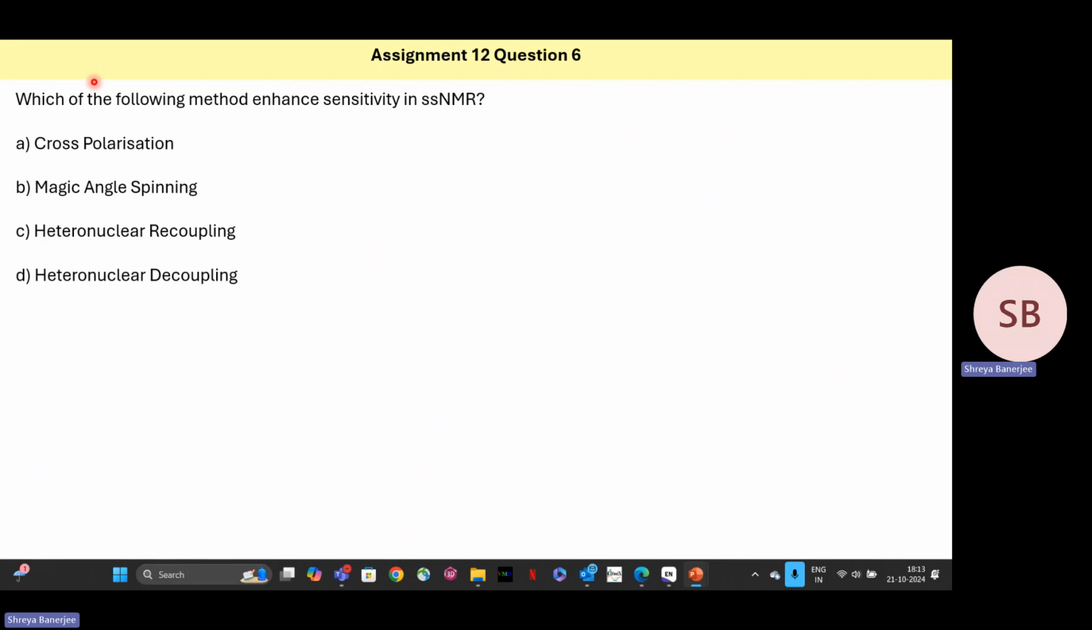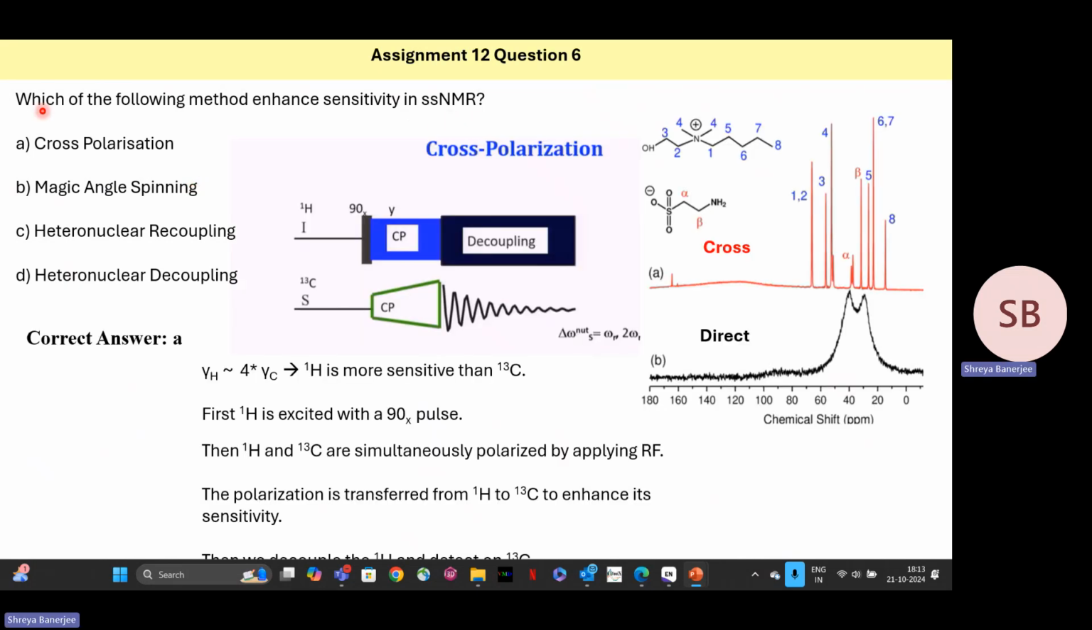We move on to the next question, which is saying, which of the following methods enhances sensitivity in solid state NMR? So this is done by cross polarization. Basically, the cross polarization technique is where you first excite using a 90-degree pulse in the 1H channel, and then